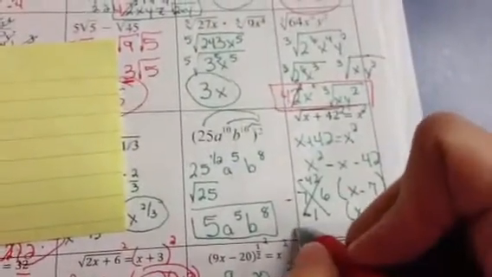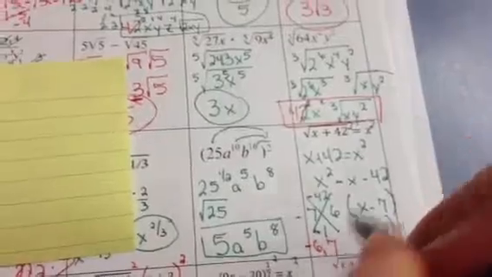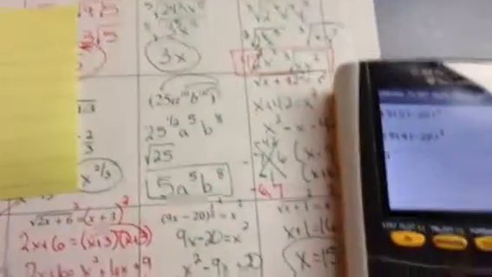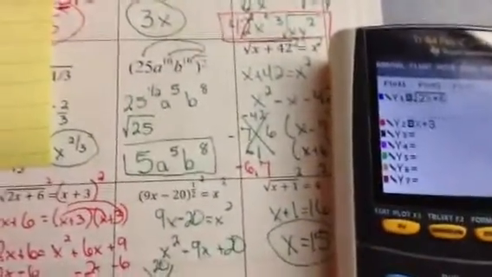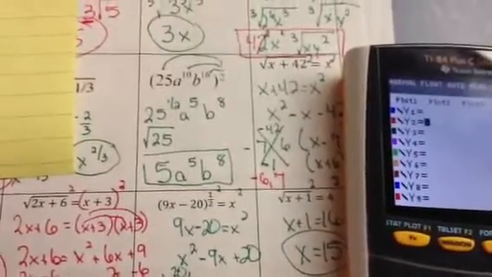And my two answers are -6 and 7. And then I want to see if these both work. So this time I'm going to use the graphing calculator, clear out these equations, and I'm going to type in the original version, not what I